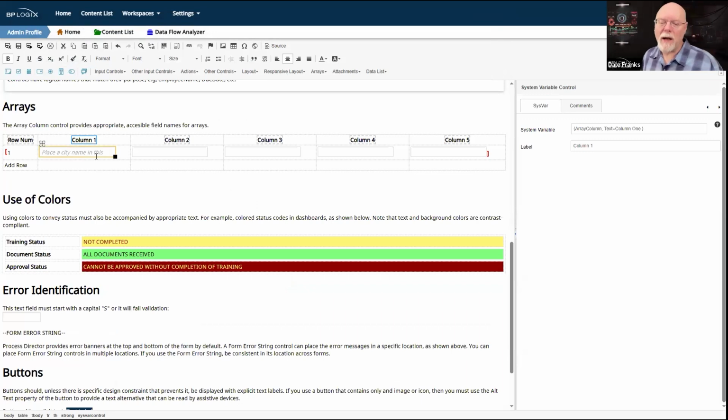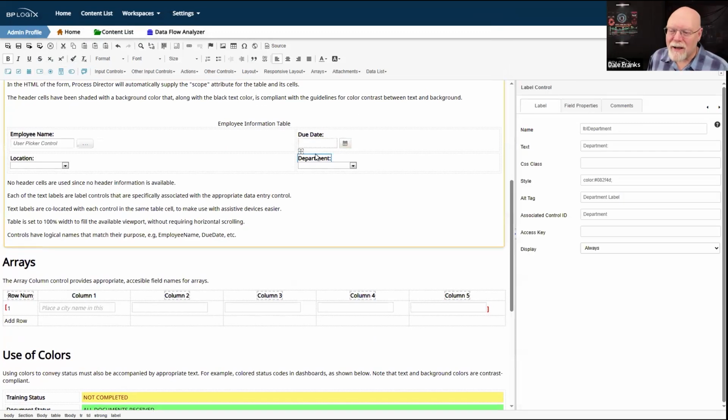And so with arrays, it's kind of tricky, right? Because I'm going to have this array, and who knows how many rows it's going to have, 4, 5, 6. What I don't want to have to do is, if I have 6 rows in an array, I don't want to have the department label replicated 6 times for 6 different controls. Oh, and by the way, these controls will all have unique names. Well, they'll all have unique indexes.